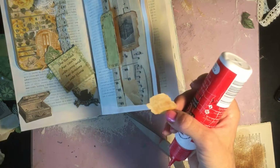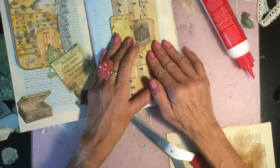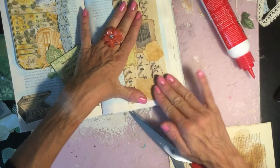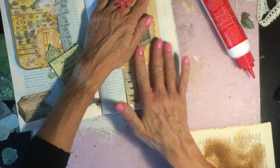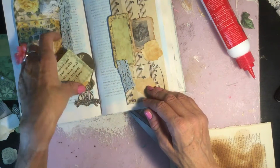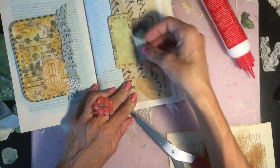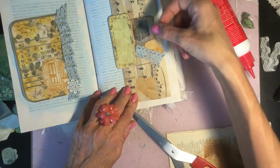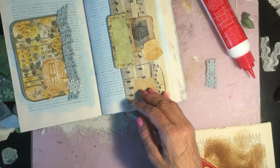So here I've got a little rosebud. Just pop that on there. Like that. Now, if I'm going to have this opposite this piece, I'll just move these little pieces out of the way. I'm just wondering whether we wanted to incorporate any blue lace anywhere. No, probably not. I'm not overly keen on the blue lace necessarily on this piece, but we could have it like that. And then what we'll do is just tuck in something here,